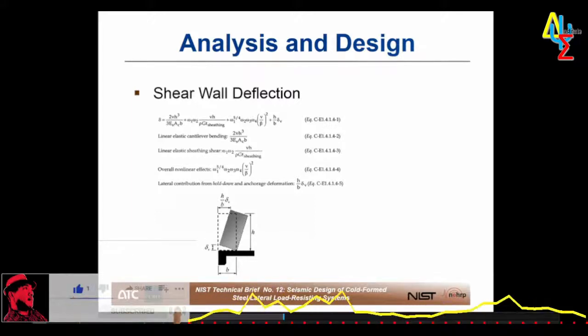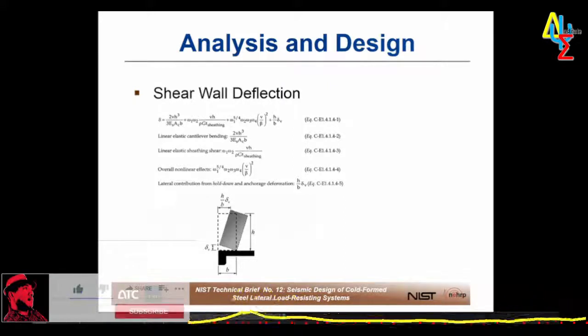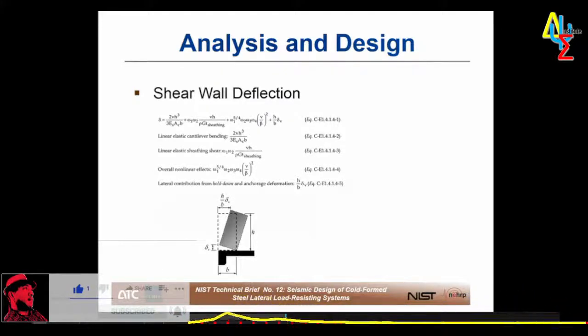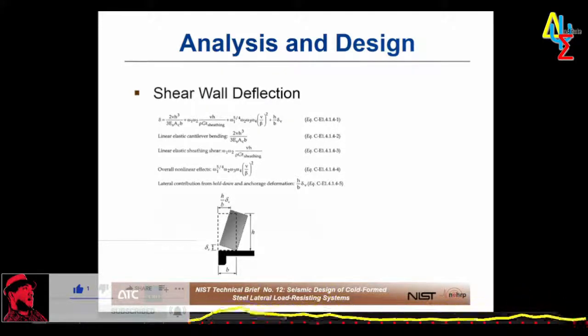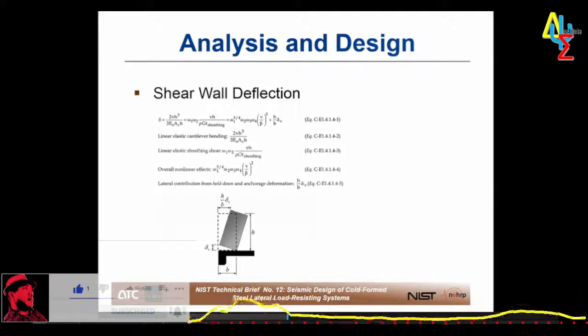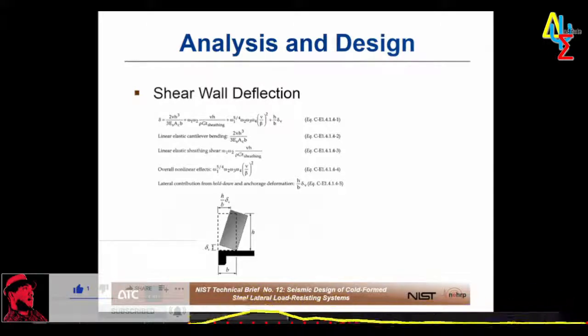So it is interesting. In ASCE 7, the concept of calculating drift is that you calculate an elastic drift and then you amplify it by C sub D, right? You may have noticed that in my discussion here, I mentioned that we had a nonlinear term in that equation. That was based on tests, but it is recognized now by the AISI lateral subcommittee that we are including some nonlinear and inelastic terms in our deflection estimations, which creates two things. One is it's probably overestimating the real elastic level deformations,